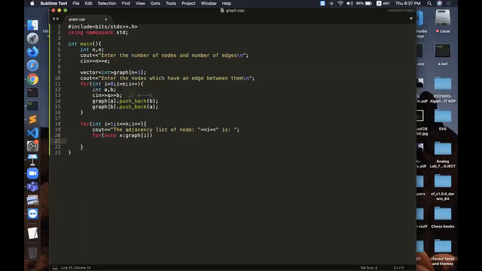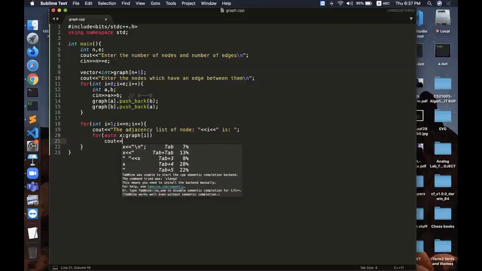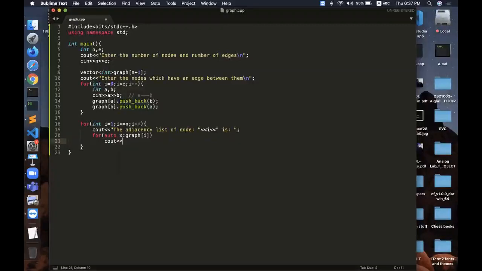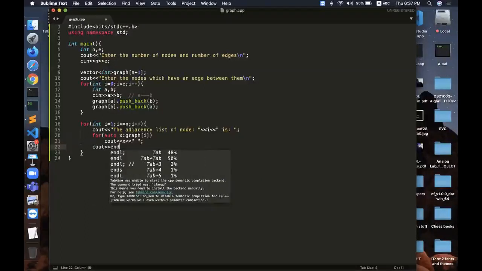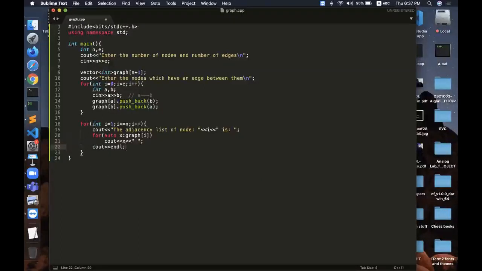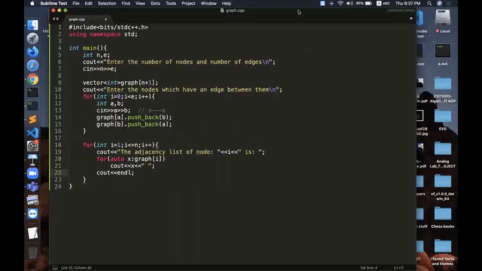Whatever is there in the adjacency list of i, I simply print that. Okay. Let me just zoom it.